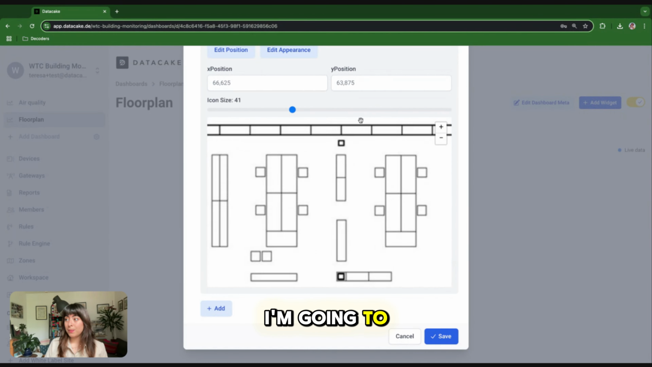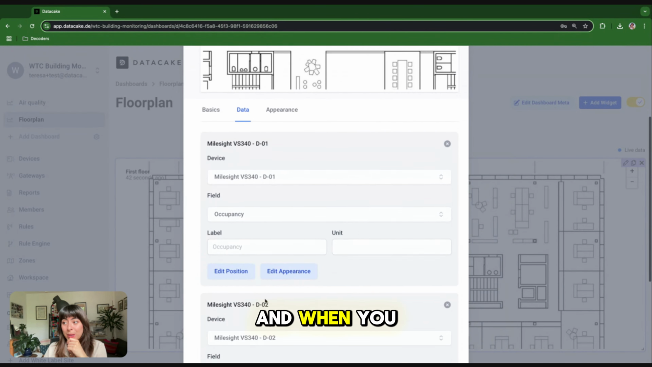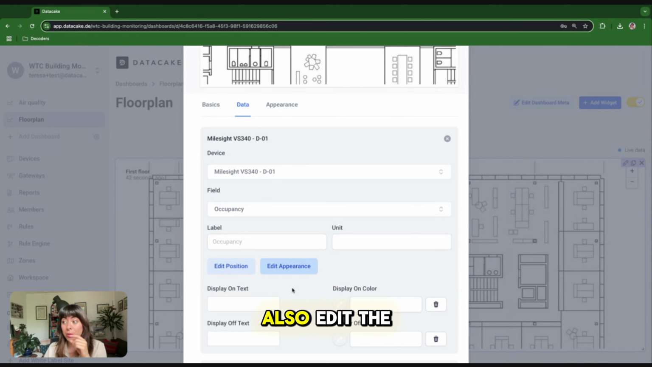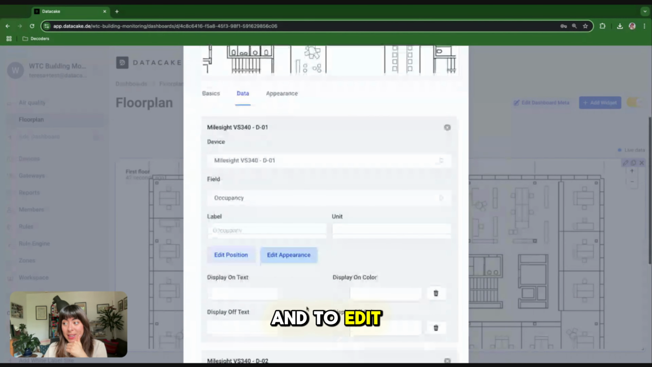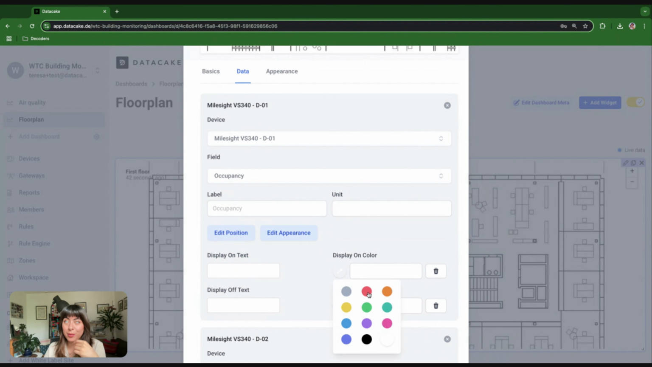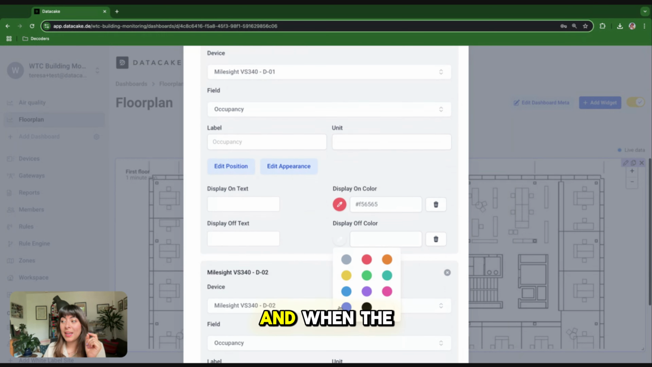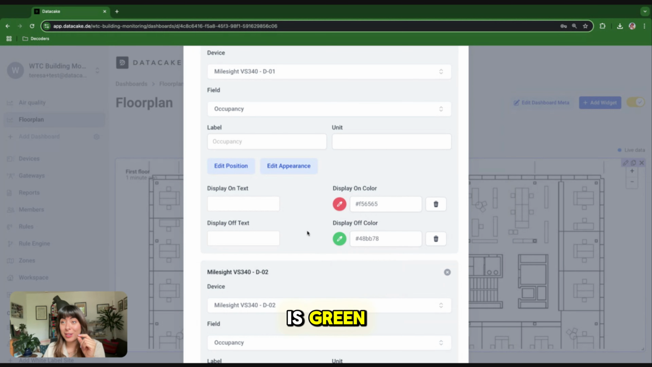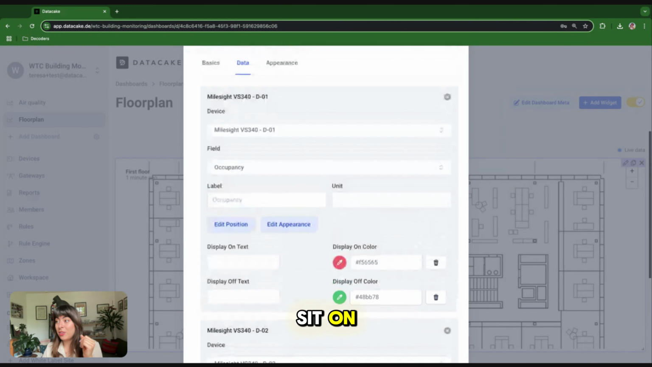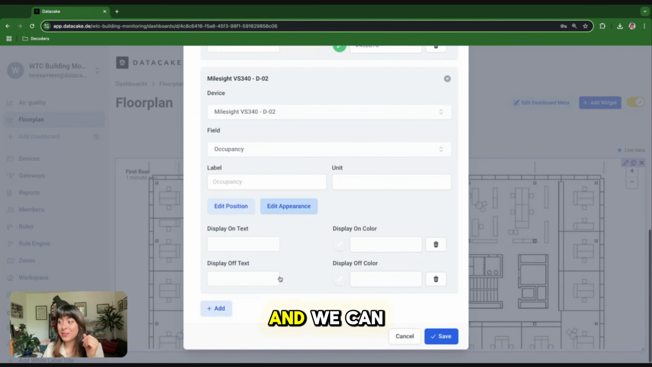I'm going to show you how this looks like. We have our devices in there, and when you add them, you can edit the position, and you can also edit the appearance. And to edit the appearance, you can say that when on, which is true, is when the value of the Boolean is true, that means the place is occupied, and you can set the color to red. And when the Boolean is off or it's false, then the color is green, because then it is available to sit on. So as you can see, now the colors have changed into that one,